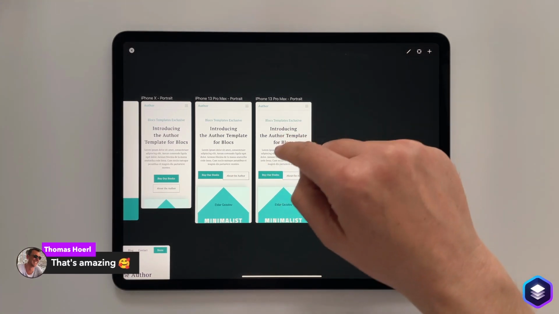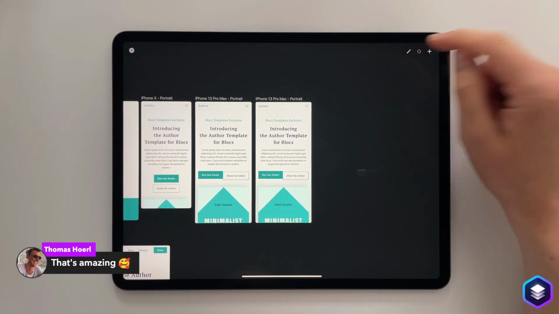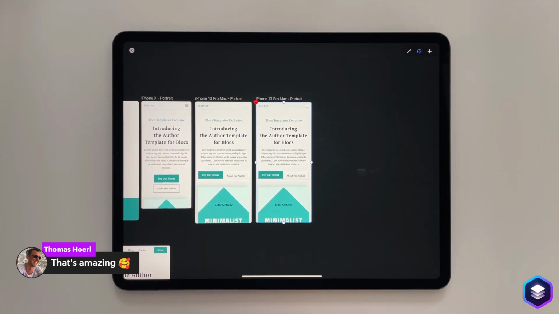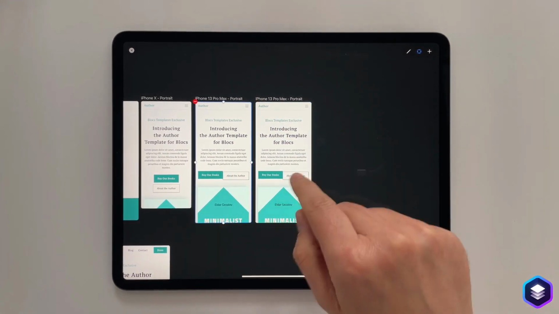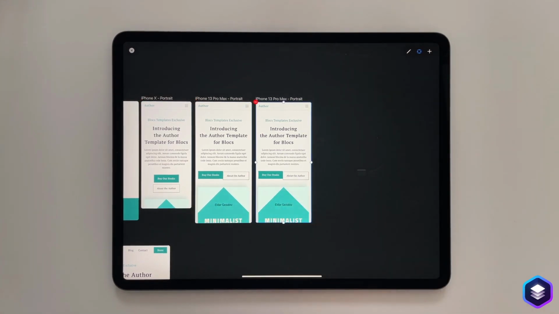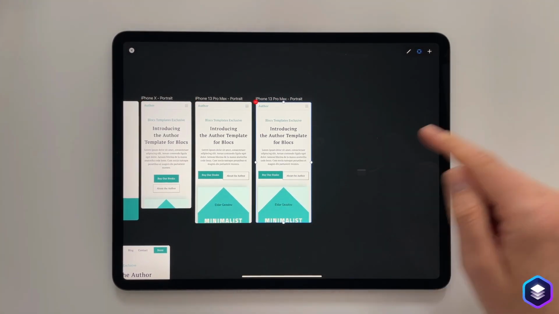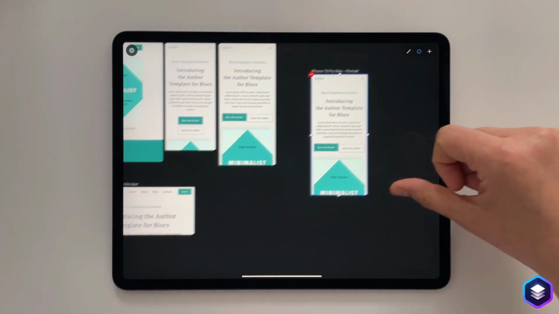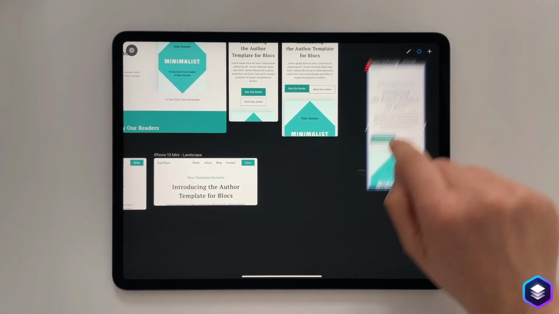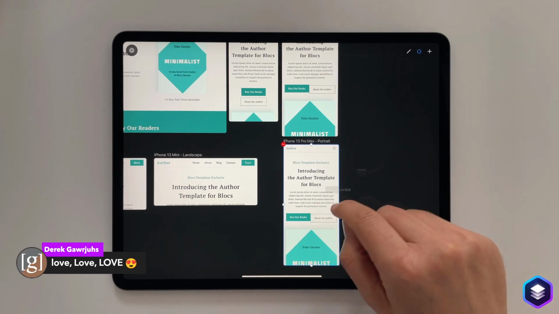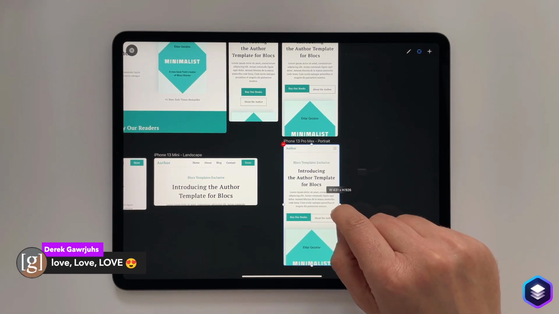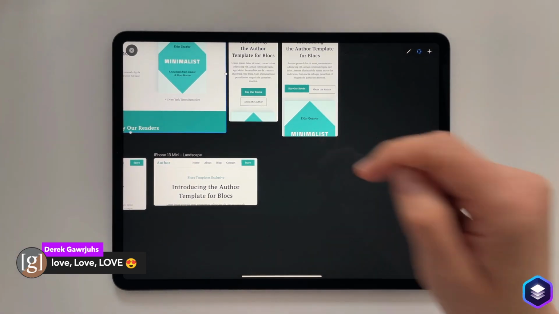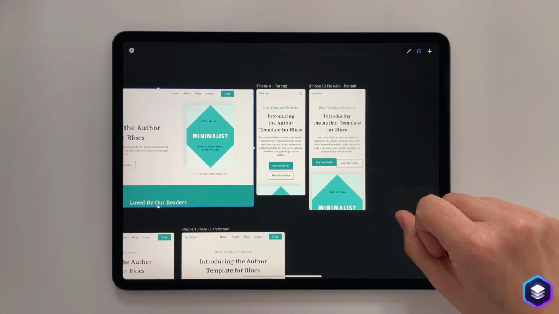Now, if I wanted to change the size of this one, if I touch this next button, it gives me some editing controls for views. So if I touch another view, those editing controls move between the views. With the editing controls enabled, I can now move this view, and I can also resize it. And because this one's a duplicate, I can also use this little red button to just delete it.